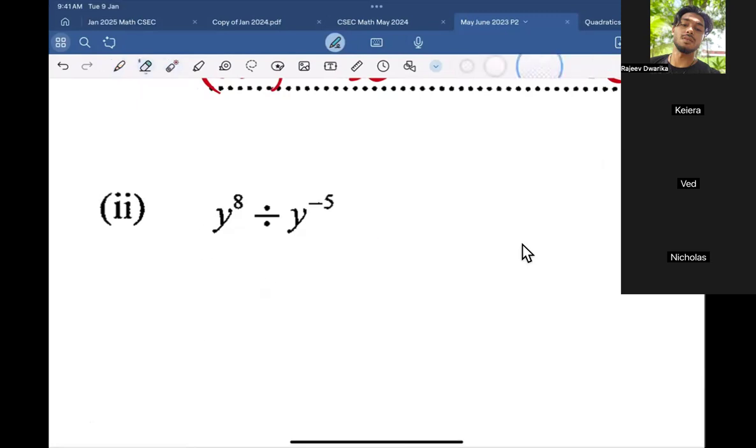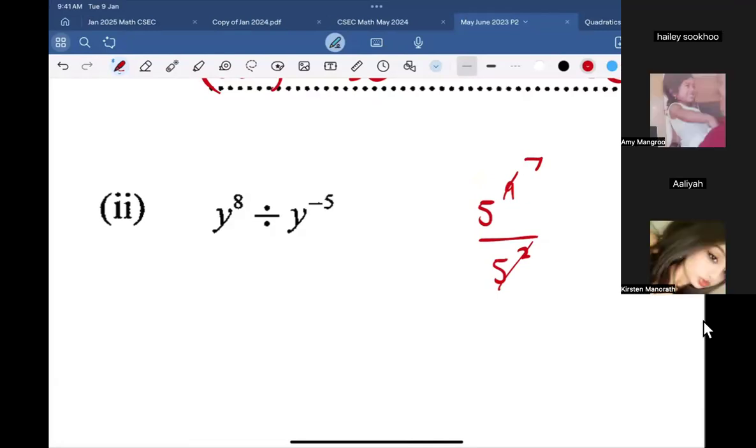Watch the scenario. If I had 5 to the power 9 divided by 5 to the power 2, that means you could consider you have 5 by itself 9 times on top, and then you have 5 by itself 2 times in the bottom. So 2 of the 5s would cancel off with 2 on top, and that would be 7 now. Making sense? Okay, that you understand, all right? So when you're dividing,